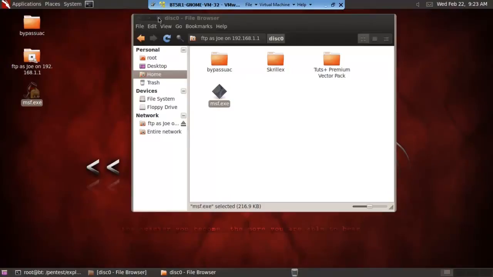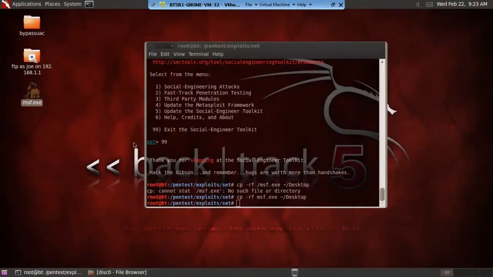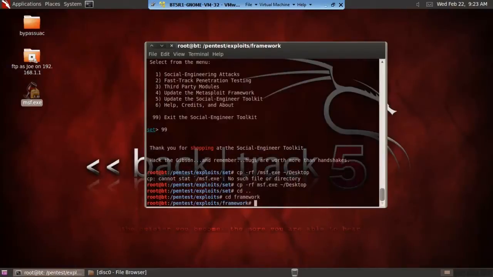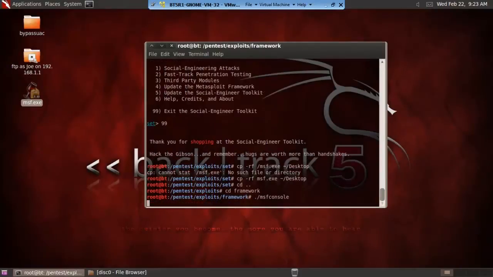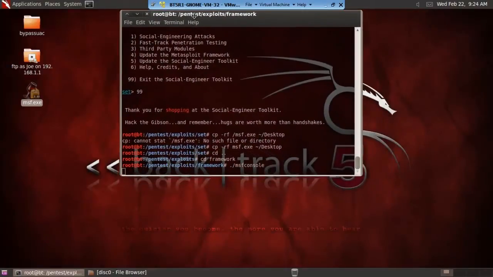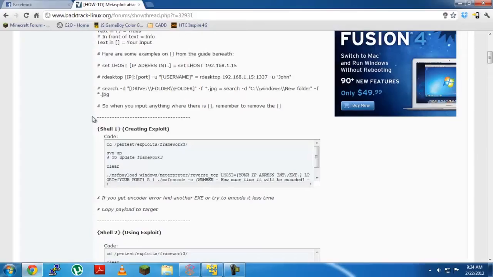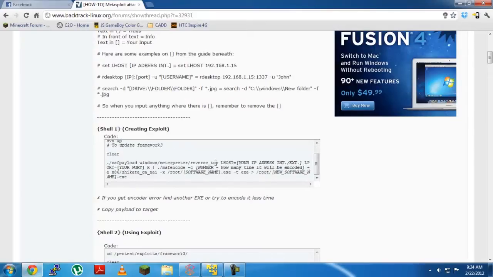So back over in our virtual machine here, we are going to go back, and then we're going to change directories into the framework folder, which is the directory of the Metasploit framework. What this is going to allow us to do, as you'll see in a moment, is create a listener, basically, as we could have done up here, but I'm going to show you how to do it if you were just to make the exploit as he describes it on his website or on the forums using the msf payload